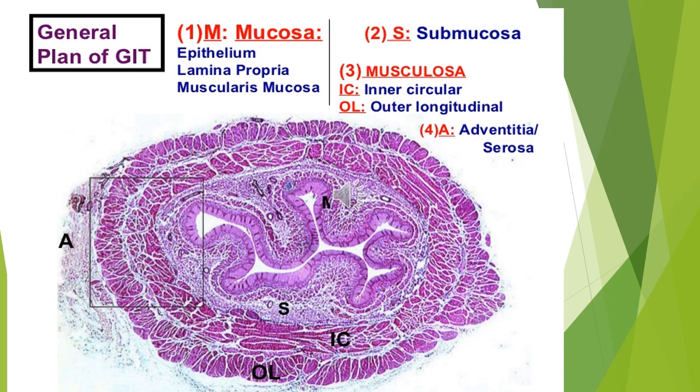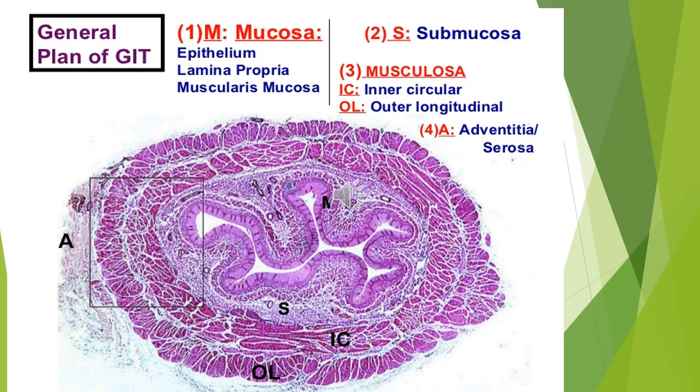So in your lecture, which was taken by Dr. Fatma, you must have an idea of the general pattern. In this diagram, you can see that the white portion in the center is the lumen. Then the second layer is the epithelium. Then a thin layer of connective tissue bounded by a single layer of smooth muscle, which is called the muscularis mucosae. So, in the mucosa, there are three things that you have to identify.